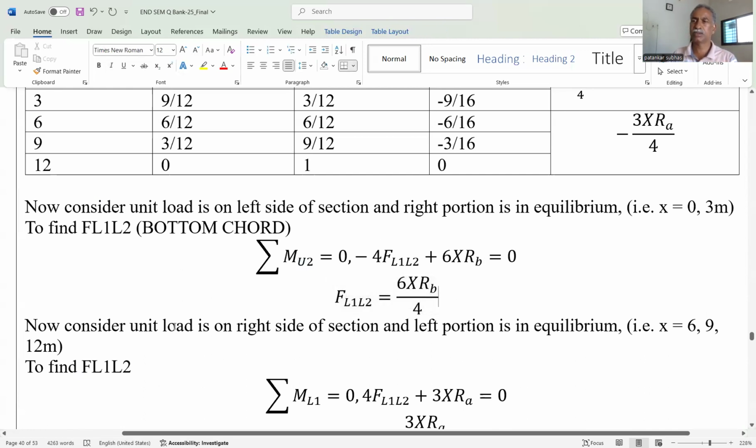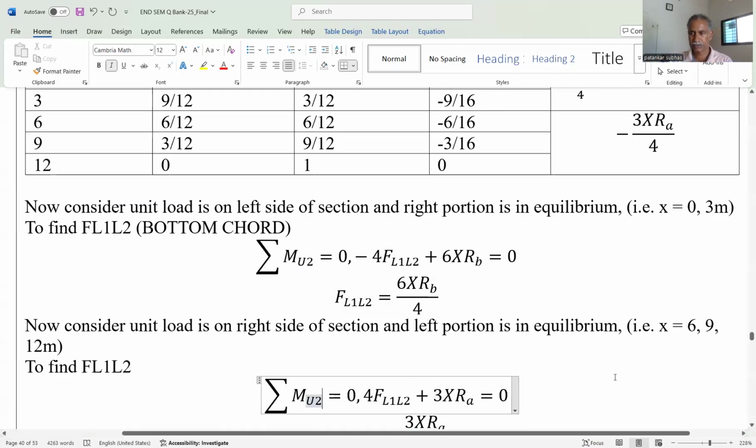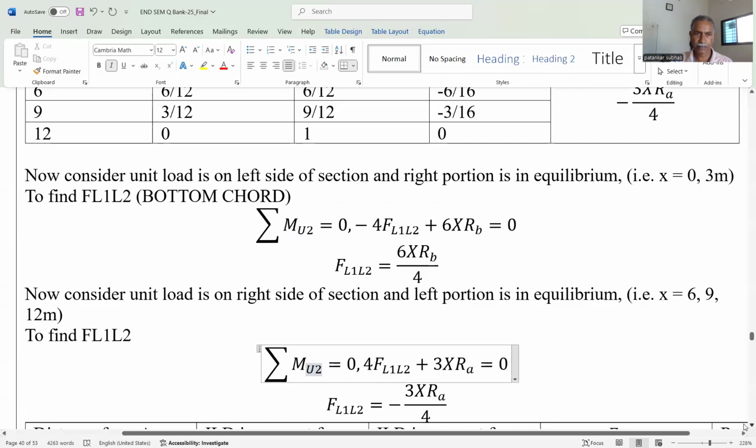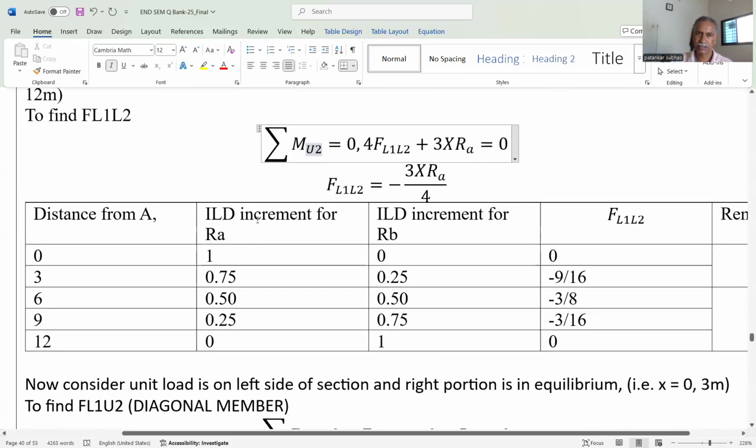Similarly, consider the unit load on the right side, left portion in equilibrium. And again, we can take the moment at the same point. So this is again U2, right? So we get the force. And again, tabulate the result. This is the ILD for RA, similar to the previous one, the ILD for RB. And this is